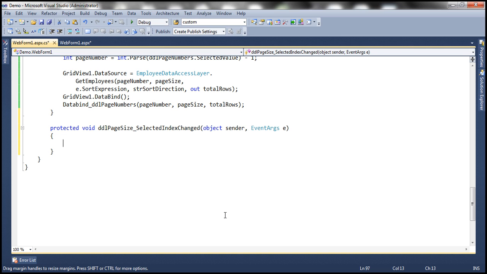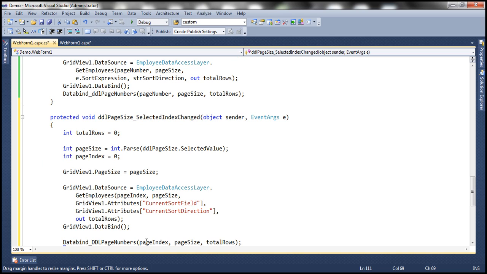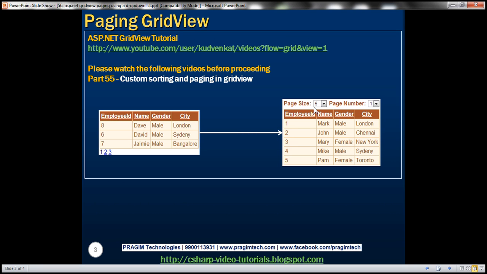Let me copy and paste that. Now again, it's going to be straightforward. Now when I select a page size from the drop down list, what should happen? The web form should post back, and we should pass the page size and the page number to getEmployees method